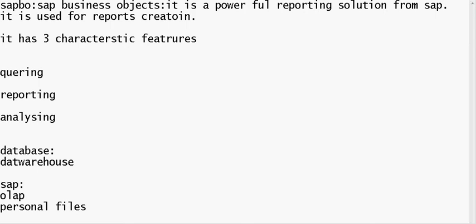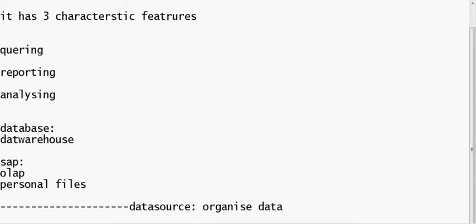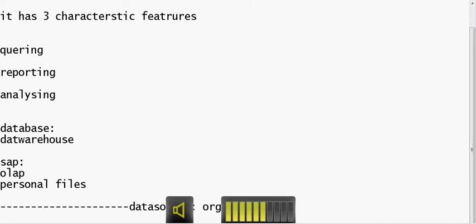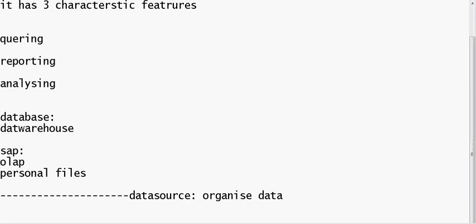These are all data source systems which contain the data. The organization's data is available at the source level. Business objects acts as an interface between the source system and end users, because the end user doesn't know how to communicate with the source system. Business objects is a graphical user interface. It takes the requirements of the end user, and based on that requirement, we query the data from the source and represent it as a report.